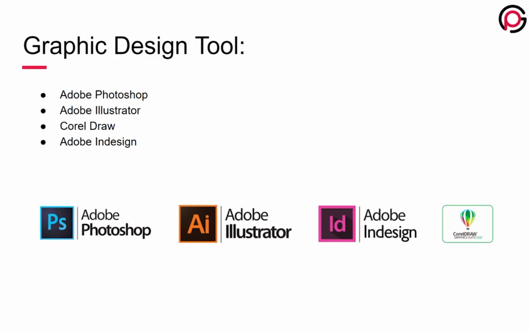Software like Adobe Photoshop, Adobe Illustrator, Adobe InDesign or Corel Draw are all available, but all of them serve different purposes. Here Adobe Illustrator and Corel Draw are used for printing purpose, means if you have designed a banner which you are going to get printed, then you must use Corel Draw or Illustrator. If you want to design some book, magazine, then you can use InDesign. And if you want to design something creative for digital platform, then you can use Photoshop.